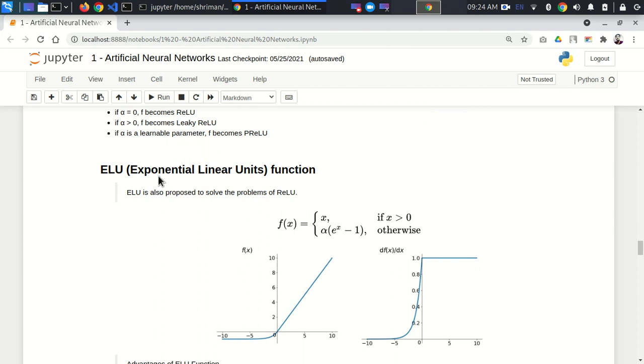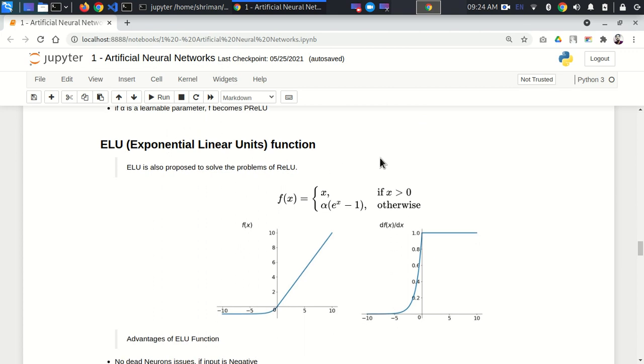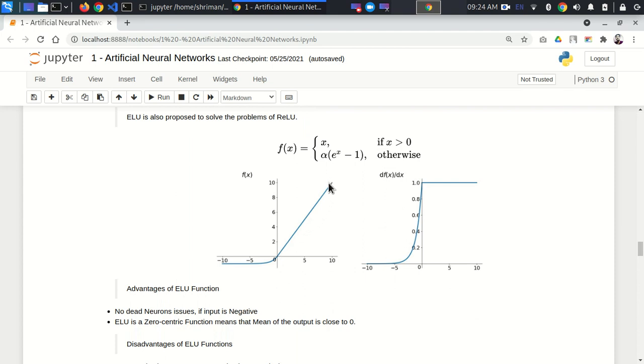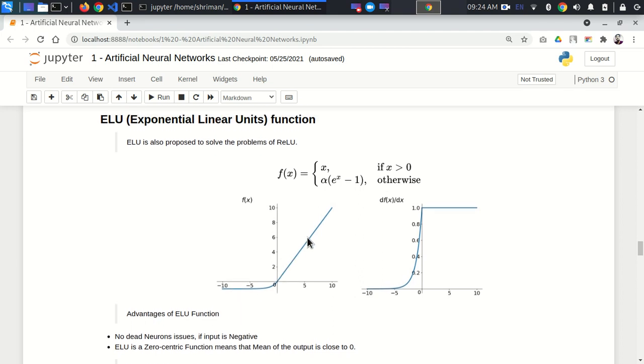Now ELU, the exponential linear unit function. Here for positive x we get x, but for negative, people were thinking that what we are doing is maybe having some parametric result, but it is only a linear combination. So we are trying to do some experiments. Here we will introduce an exponential equation or exponential pattern. So they have introduced this relation.